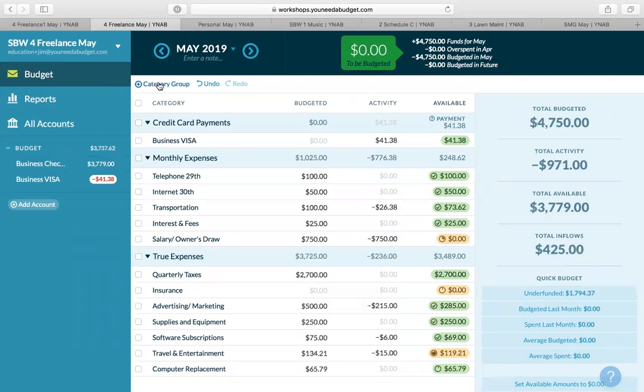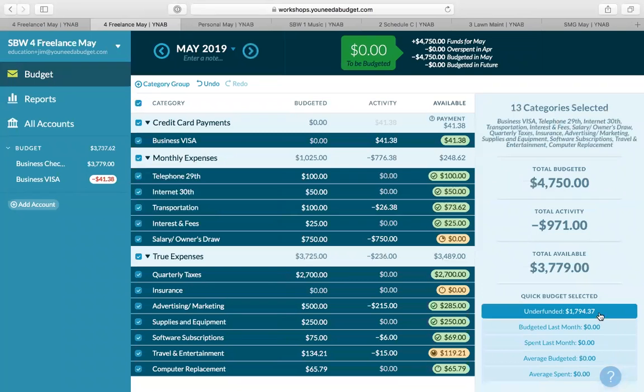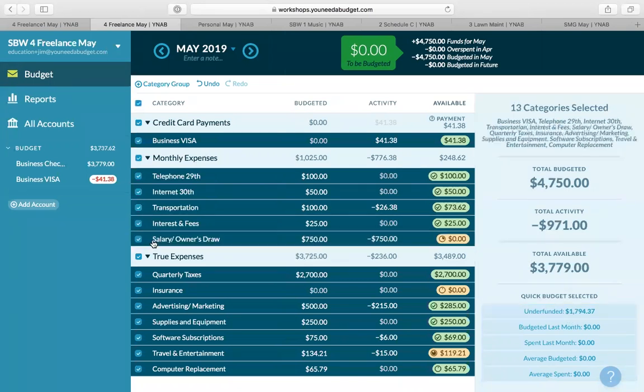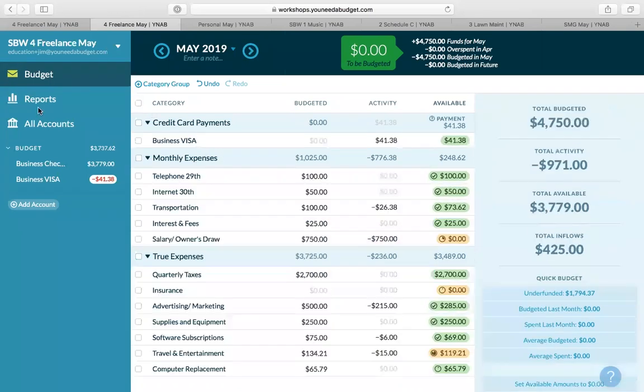Now, for the current month, I can still use it. I might decide, well, what do I need yet this month in order to cover my underfunded goals? I can see clearly what I need because that's all these oranges that are still waiting for dollars. Maybe I'm going to pay myself last. I always encourage you to pay yourself first, but you can see whatever you need as far as planning ahead. Does that help? So use goals to plan ahead. So I hope that helps. All right, sounds like it does.